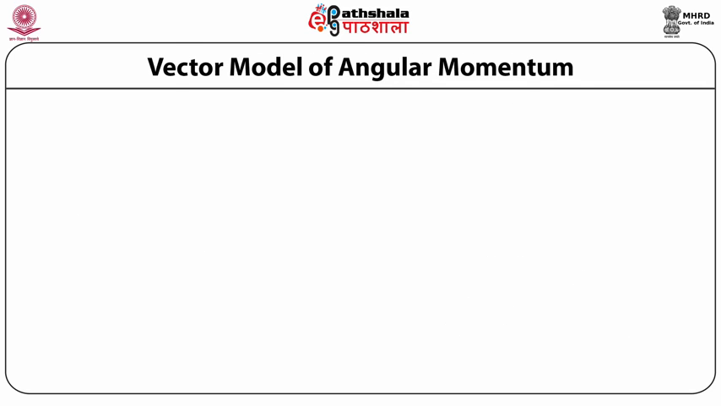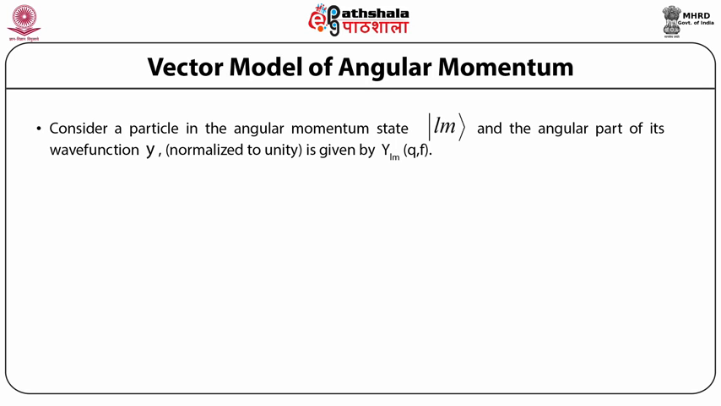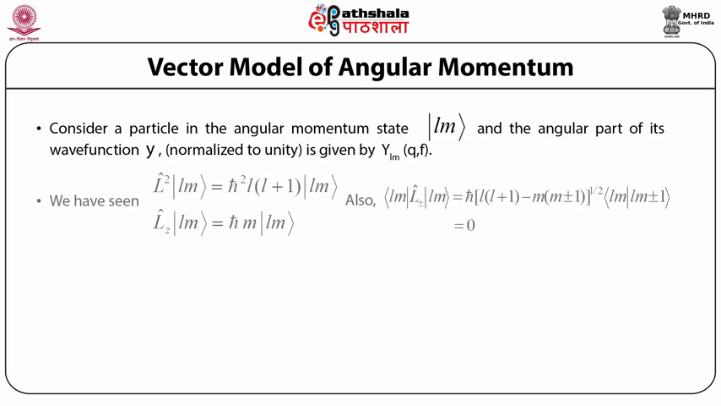Vector model of angular momentum. Now let us consider a particle in the angular momentum state ket vector Lm, and the angular part of its wave function psi, which is normalized to unity, is given by the spherical harmonics Y_Lm(theta, phi). We have already seen that the